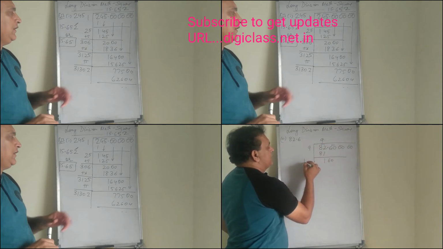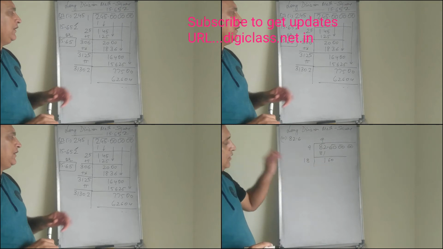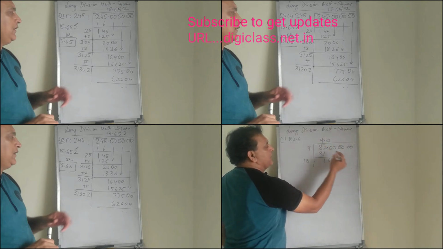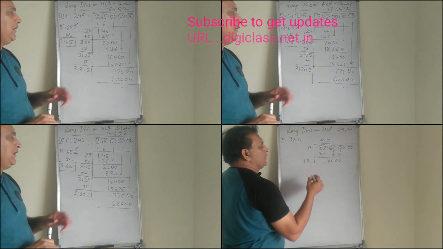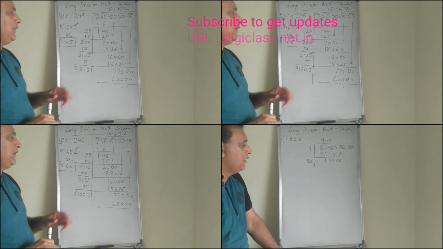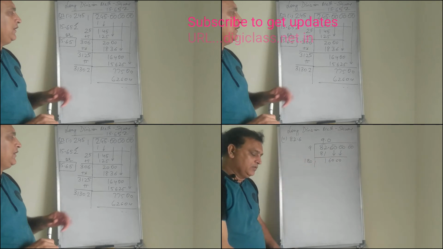So twice of 9 is 18. Okay, now this is 60. No, I can't do anything because if I write 1 also, it will become more than 160. So it's not possible. So what we will do is put 0 here and take another set of zeros. Okay, 0 here and you have to add 0 here also. Now we have to think of a number which could be written here.